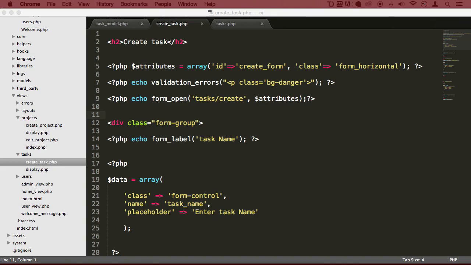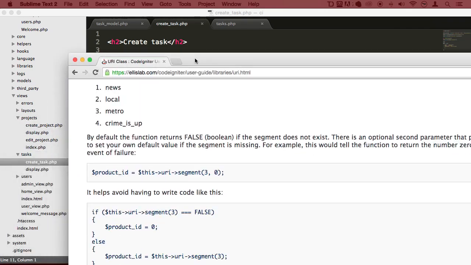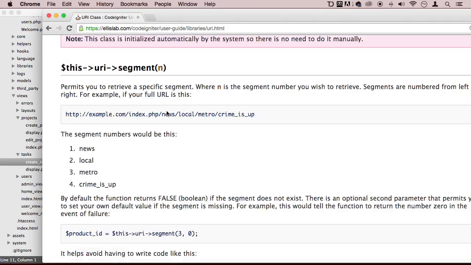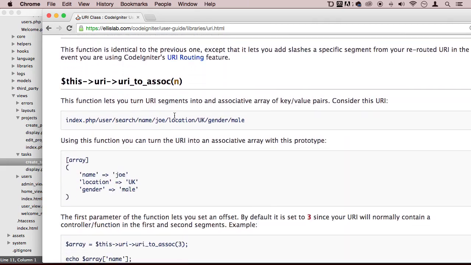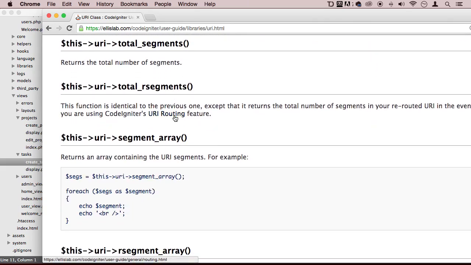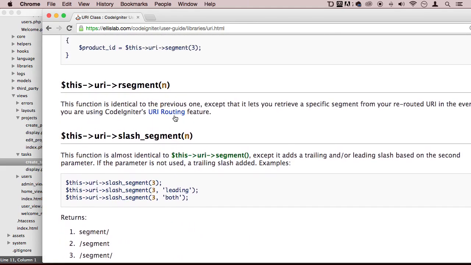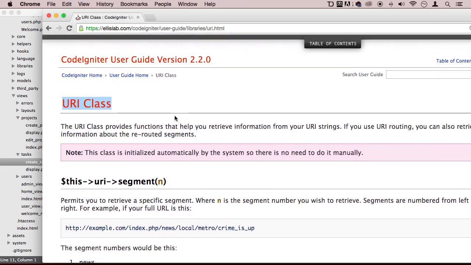Now, I have an idea, and there are a couple of ways of doing it, but this would be a very cool way of doing it. What I'm going to use is a class from CodeIgniter called URI. You can go to CodeIgniter. As a matter of fact, I think I have it open somewhere because I wanted to show you. We're going to use this URI class, and there's a whole bunch of functionality here, but we're just going to use one functionality, the method segment,